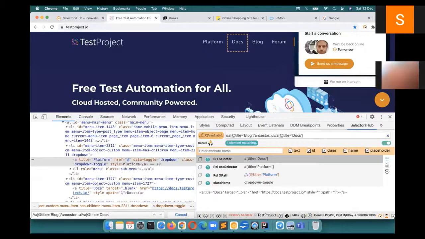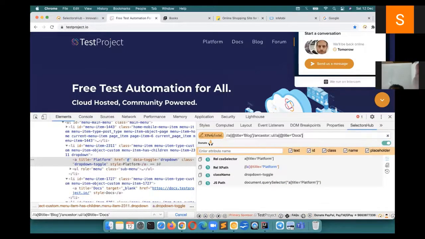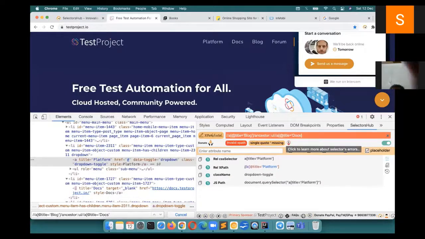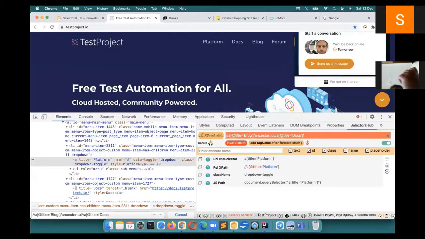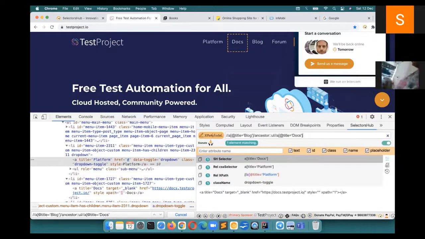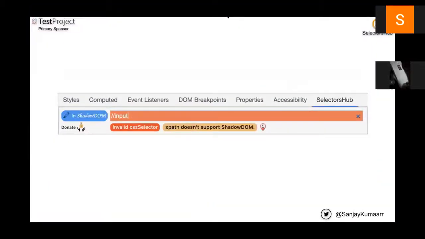This is a similar concept as in Selenium. So here you see that if something is missing in your XPath, Selector Sub will give you that particular information, like a close square bracket is missing or a single quote by mistake not written. If you're doing something wrong, it will tell you to add a tag name after /. If somebody asks whether this is the right pattern, it will tell you that after a close square bracket only / is allowed. So it is basically helping you a lot to learn about selectors and about writing XPath, which was never possible before.